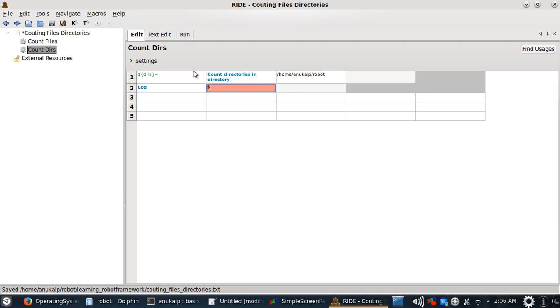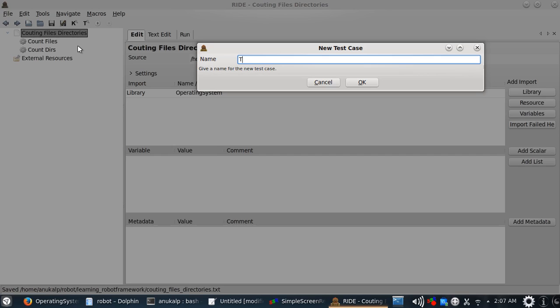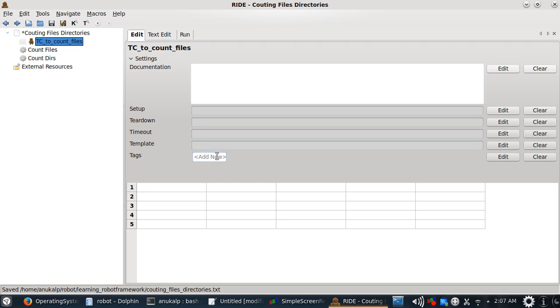We'll log the output, and similarly I will return it back. With 2 user level keywords in place, we are all set for creating our test cases. So we will create a new test case to count files, and we will give it a tag named files, and here we again need a variable to catch the output,